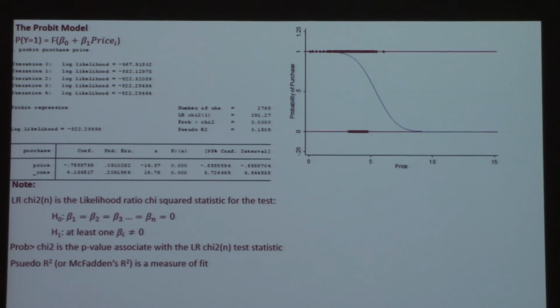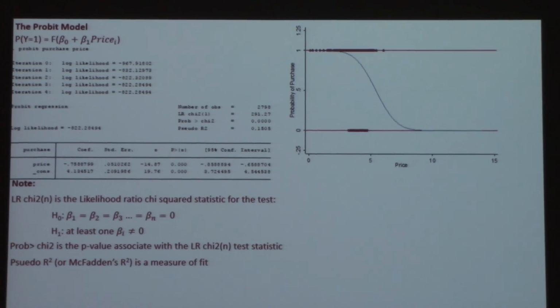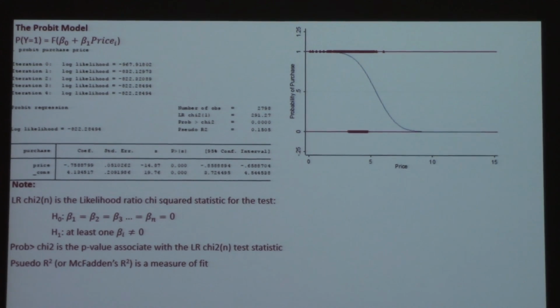And the next one below that is called a pseudo R squared. Remember, R squared really doesn't make any sense because fitting a line really doesn't make much sense. We know the fit's going to be bad. So in essence, they've come up with these pseudo R squareds. And there are probably 20 different pseudo R squareds. The one that Stata uses is called the McFadden R squared. McFadden, I think, is still at Berkeley, won the Nobel Prize for his work in this area. So it's a pretty common measure of fit. Although, again,